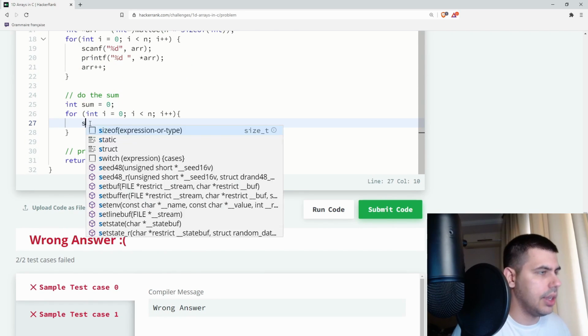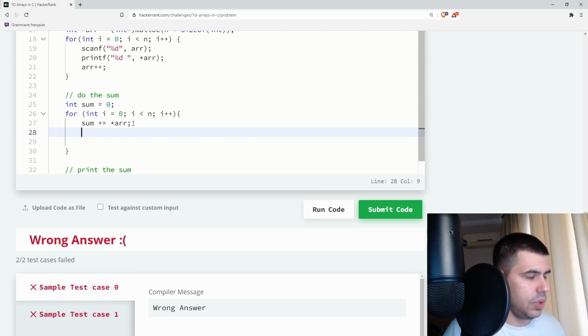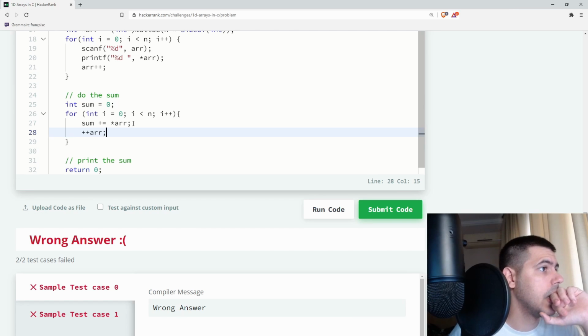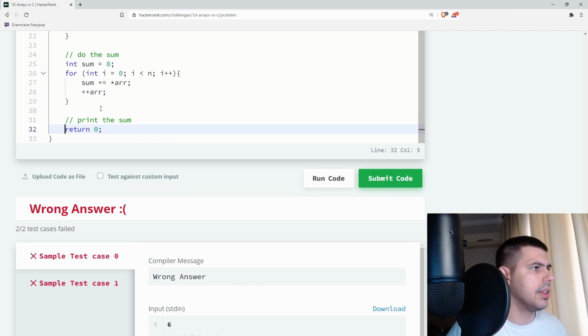And now we can say sum plus equal, same thing here, an array, and then we can increment. So if we print the sum here,